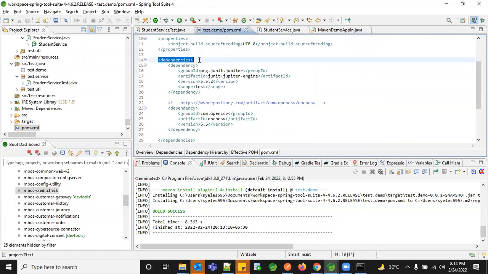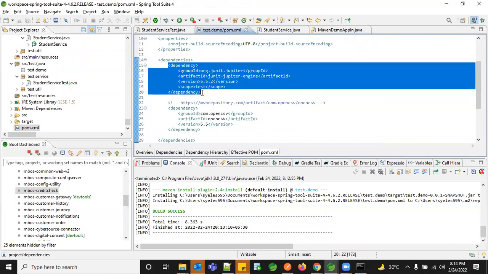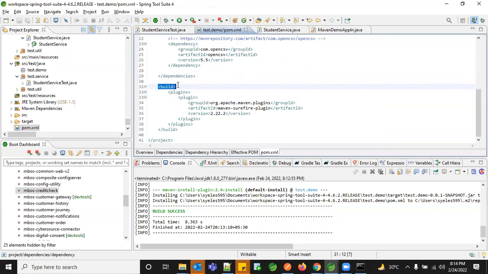So far we observed dependencies and how we can add the dependency tags. Now this is the place where you're going to build your entire application. So how are we going to build this? Again, using the Maven plugin. So let's create our own plugin here.